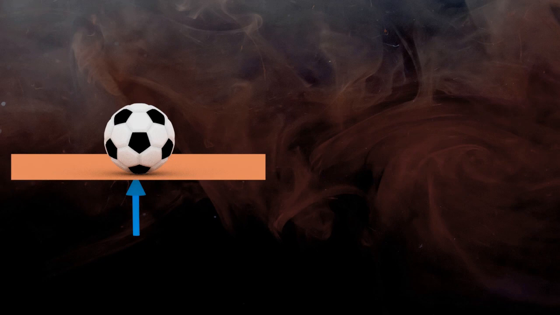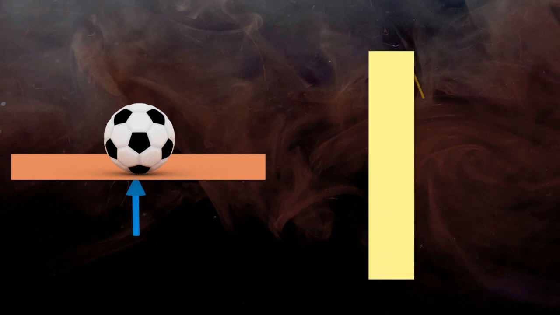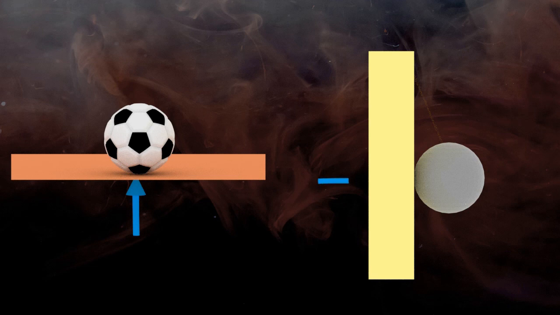Let's see another example. Suppose an object is tied to a smooth wall by a string. In this case, there are two supports. One is the wall and another one is the string. To find out the reaction from the wall, let's ignore the string. In that case, the object can move freely on this plane under application of force but cannot pass through the wall. So to restrict the movement, the wall develops a reaction in the opposite direction.